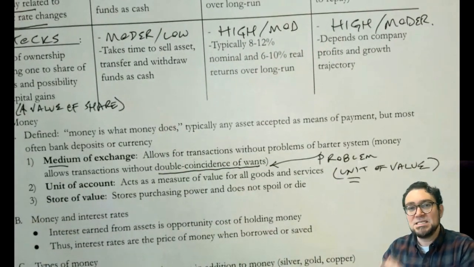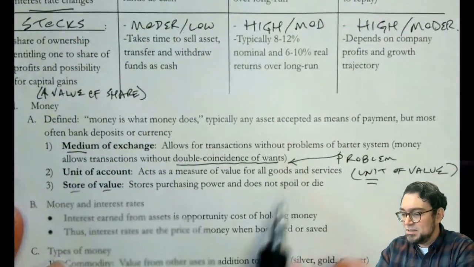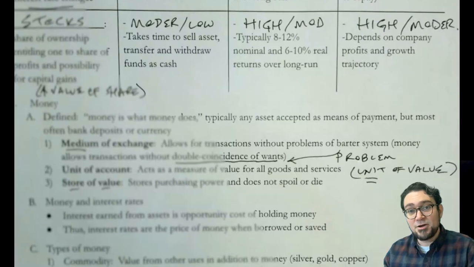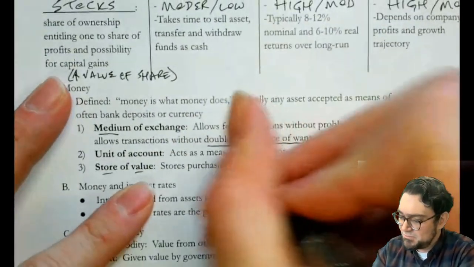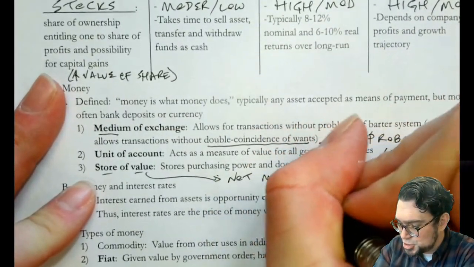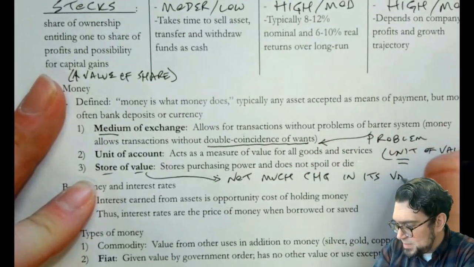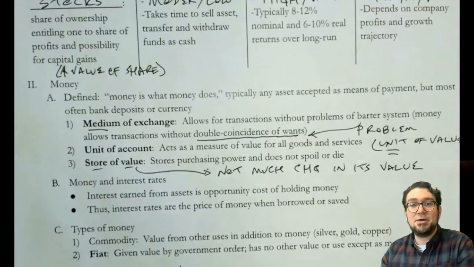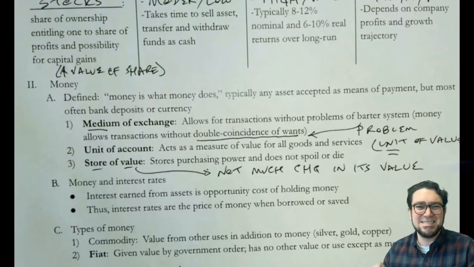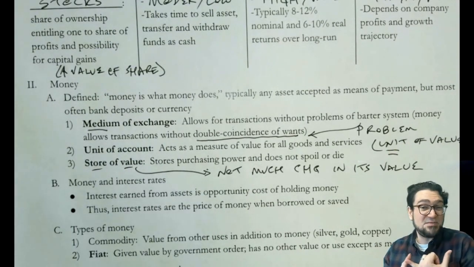Third thing that money has to do for it to be considered money is it needs to store value. So store of value. This means it doesn't spoil, it doesn't die, it doesn't rot. So there are certain things that are better than others. Another way to think about store of value is that not much volatility, not much change in its value. And that means that if I put money into my bank account, if I put money in my wallet, then I return back to it later, it's going to buy basically the same amount of stuff. So money that's functioning well will keep its value pretty well.